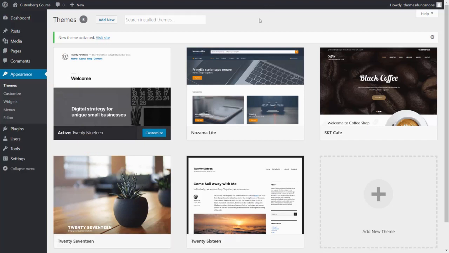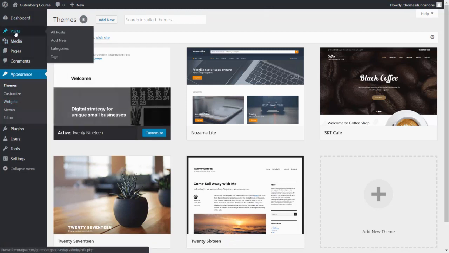Now, in order to start creating content, you're either going to choose to use a post page